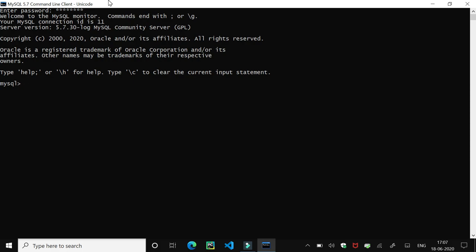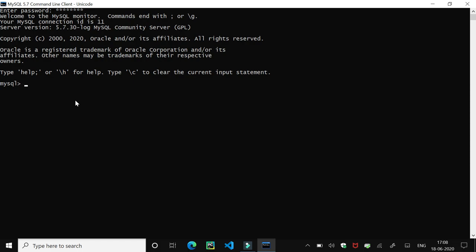And it is using client server architecture. So client can pass its request and the server will process it. So the first thing which we do here is we will create one database. So this is the MySQL prompt and we can write the command here. So suppose I want to create one database here for a student information system. So I just need to give one suitable name to that database.